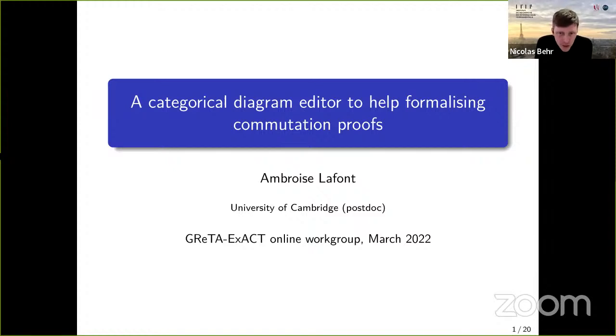It is our great pleasure today to welcome Ambroise Lafont, who is currently a postdoc in the Type Foundry project in Cambridge. And he will tell us about a prototype for an editor with which one can reason about commutative